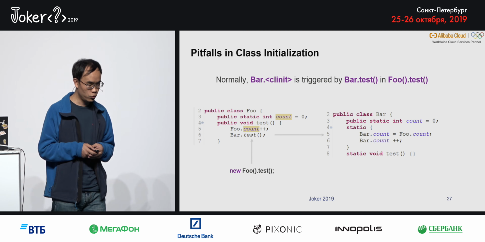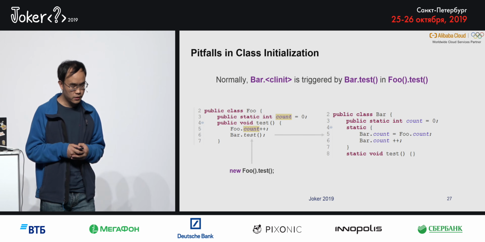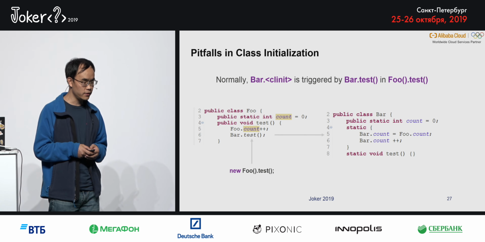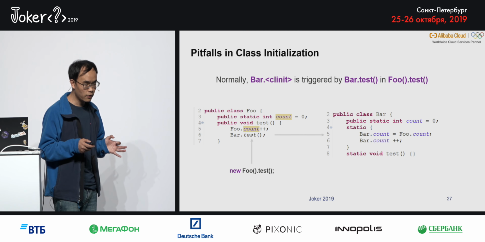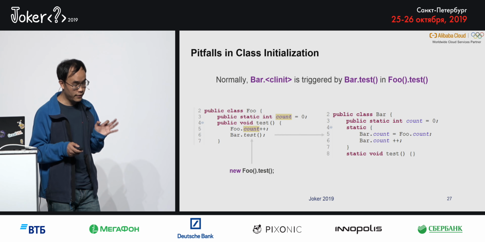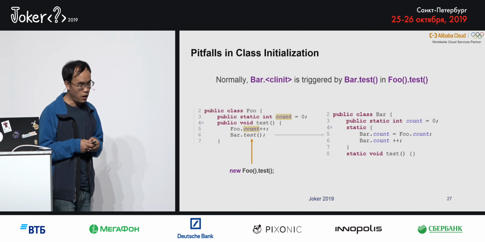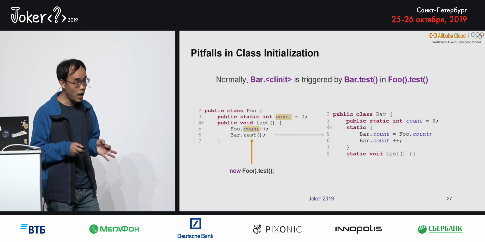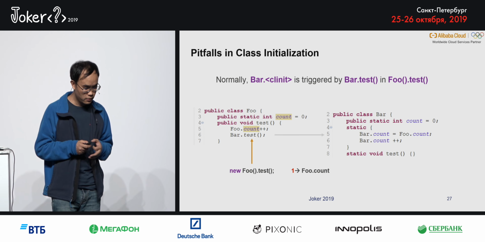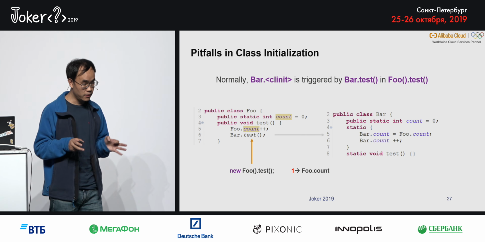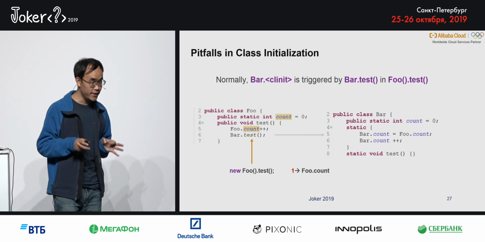We have two classes, right? The Foo class and the Bar class. In step 1, you create a new instance of the Foo class. Then you call the test method on this new instance. After that, you can see Foo count will get 1, right? It has been increased. In the test method, because it calls the static method on Bar,